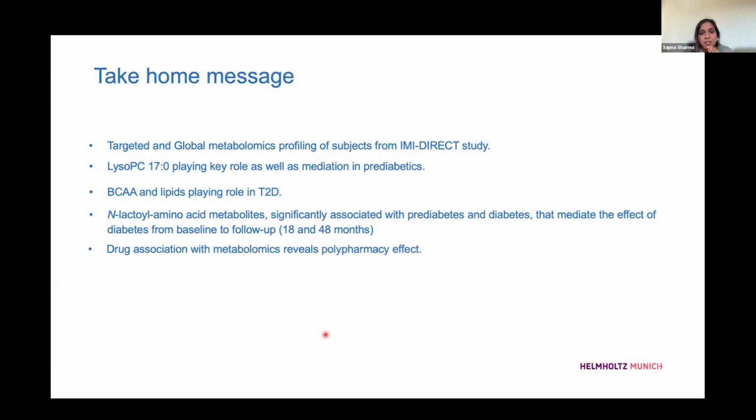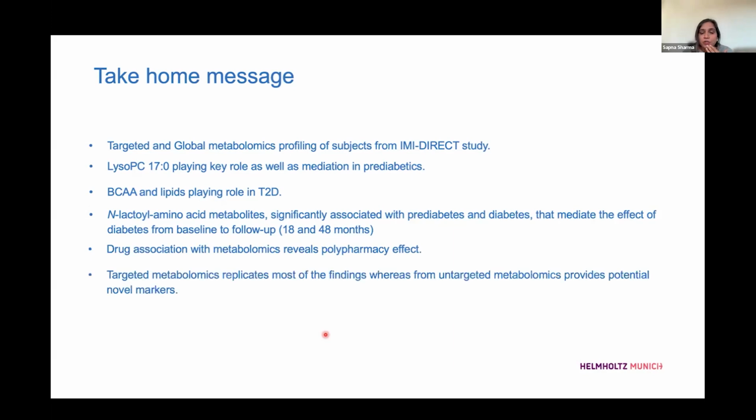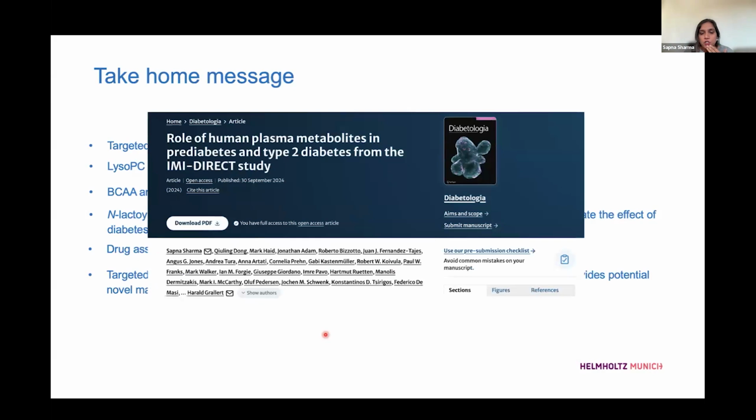Drug association with metabolomics reveals polypharmacy, which is a really, really important and upcoming field to understand how individuals react. And I have shown you an example of how two approaches of considering targeted and untargeted metabolomics can provide us a novel marker. This work is also published and well read in